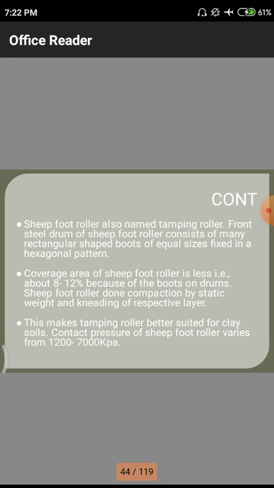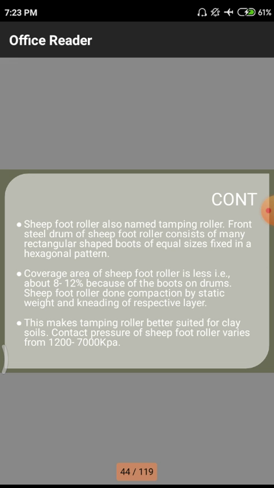We have to know how they work on a particular site. First, these sheep foot rollers are also named tamping rollers. Tamping, in concrete technology itself, means we use tamping rods to densify the concrete in different layers. Normally we use 3 to 4 layers of concrete, and after each layer we give 20 to 30 tampings with a tamping rod of 16 mm diameter, so that the material is densified in each layer with fewer voids. Likewise, here we have the sheep foot roller, also named the tamping roller.